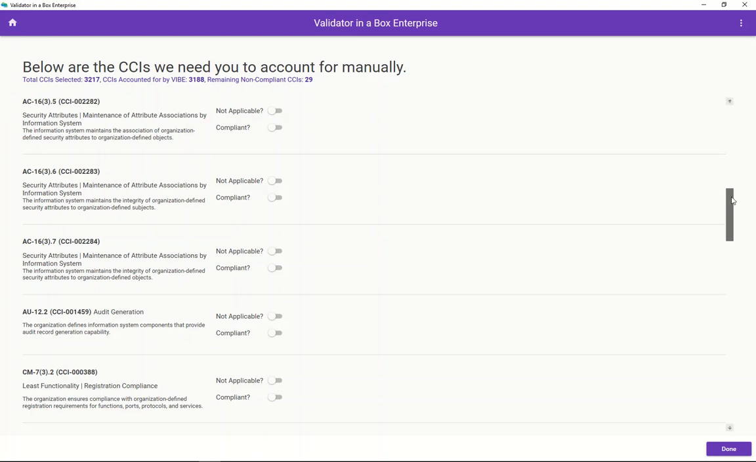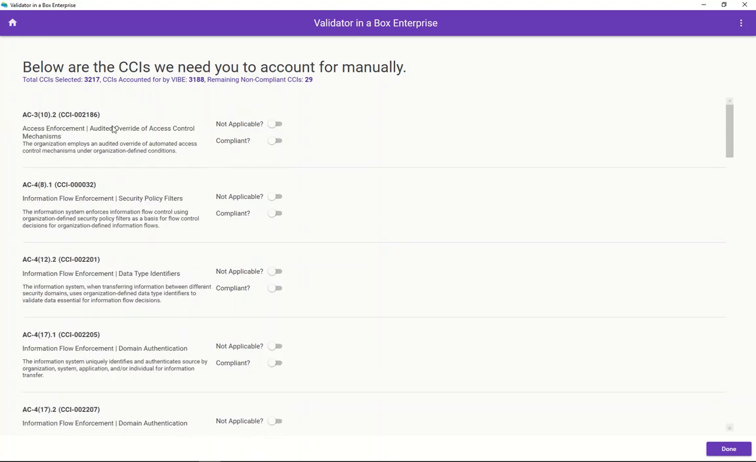Let's show you here. Access enforcement, audited overrides. The organization employs an automated override of automated access control mechanisms under organization-defined conditions. You're either compliant, non-compliant, or this is not applicable to you, and that's the only options that you have. So you can mark it as compliant. Let's say, how are we compliant? We use auto